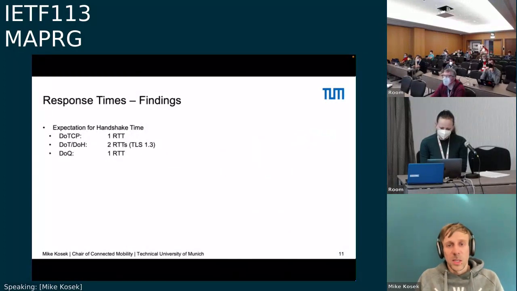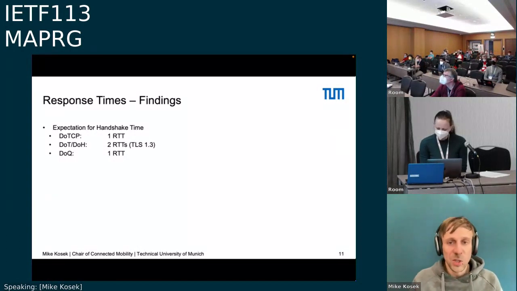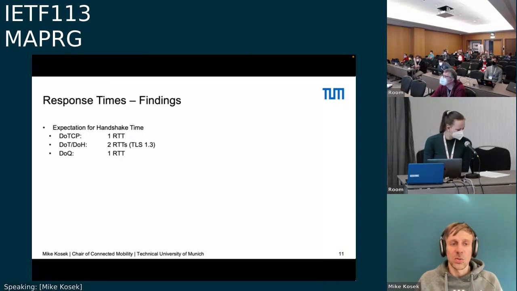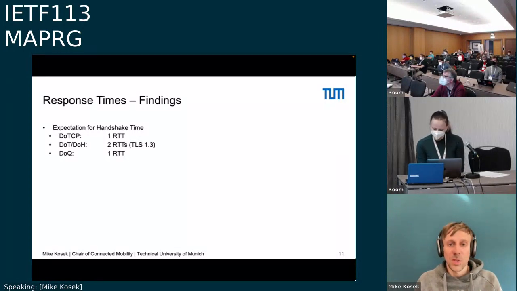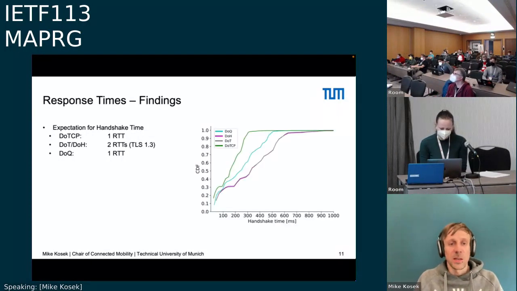We next look at the response times, also starting with the expectations. For DNS over TCP, this is just the 3-way handshake. We expect 1 RTT. For DoT and DoH, the TLS handshake is added to the TCP handshake, which should take 1 RTT on TLS 1.3, so in total 2 RTTs. And for DNS over QUIC, we expect 1 RTT due to the combination of the encryption and the transport handshake into 1 RTT. And if we look at the handshake times here on the right-hand side in the CDF, we